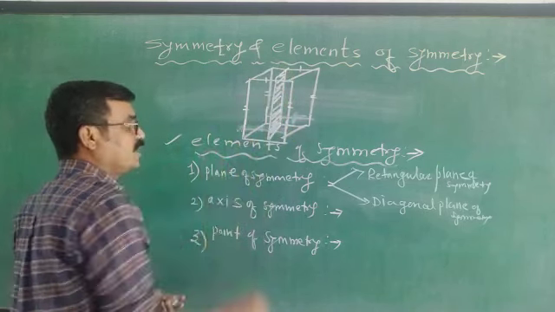Then 4 times it will be reproduced, means its structure, if it rotates through 90, then it looks like its original form. Again further rotate with 90, again it looks like its original structure. In this way, when you rotate this structure by 90 four times, it will reproduce all four times. That's why it has a 4-fold axis of symmetry, if the axis passes through the center of opposite faces of a cube.